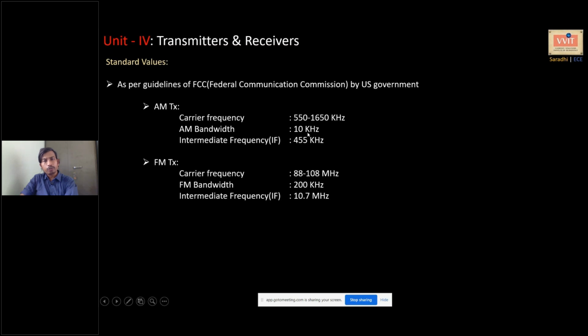Speech signals are typically occupying 4 kilohertz. So the transmission bandwidth required is twice that of the speech signal bandwidth. So by default, we are choosing it as 10 kilohertz as standard. Here, all the audio signals, all the sound signals will be occupying several tens of kilohertz. So the transmission bandwidth will be considered as 200 kilohertz as standard. So these are standard values. We cannot change them. Whenever you want to design either AM transmitter or FM transmitter, you need to follow these standard values only. Otherwise, no one will buy your products.